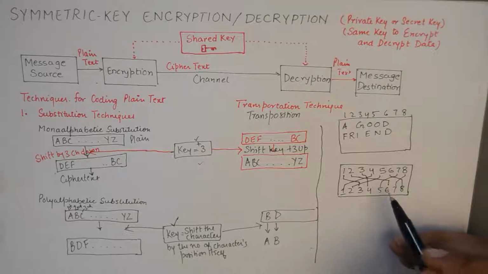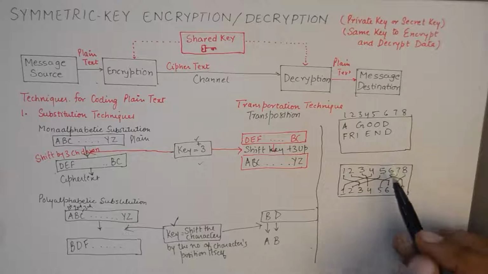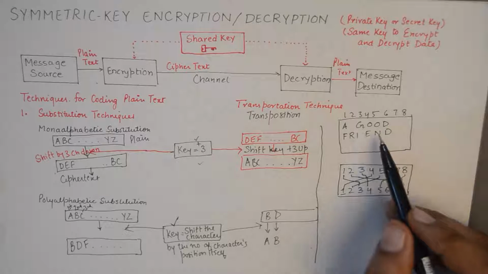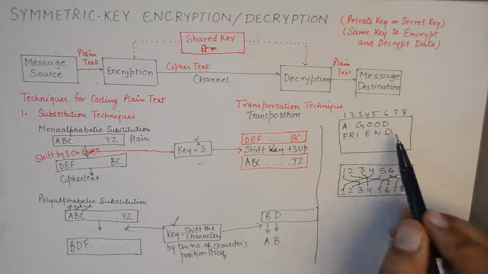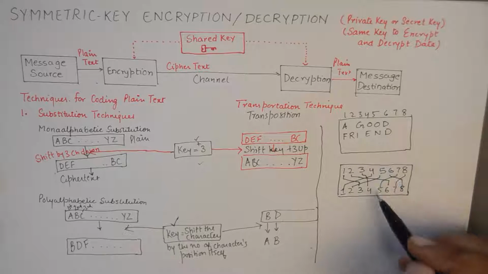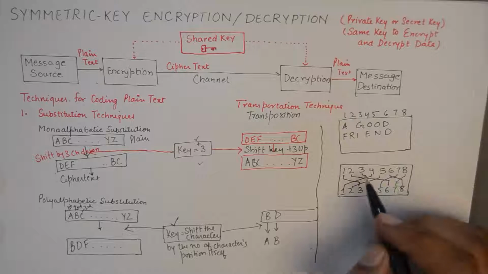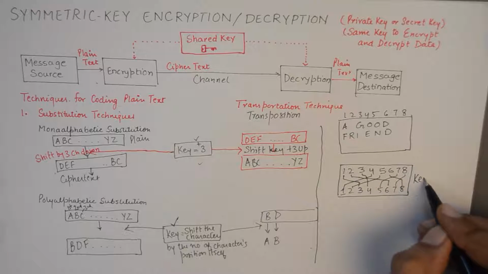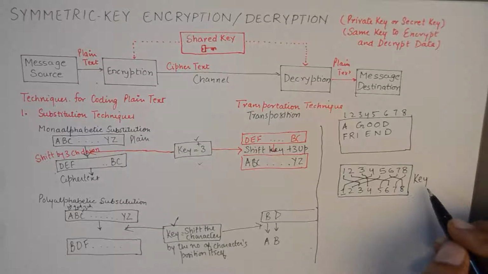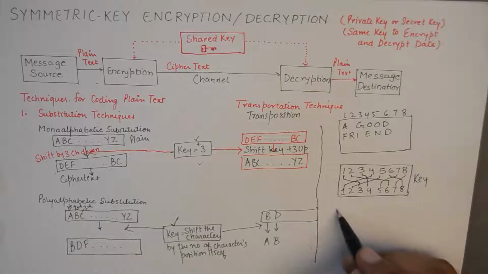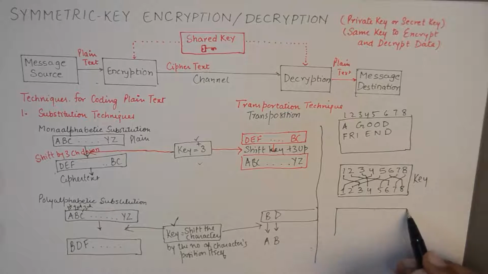So for example, this is a rather small text in one line. We have generated this logic, which will be our key that will be used to encrypt and decrypt. So if I was to make a cipher text out of it,